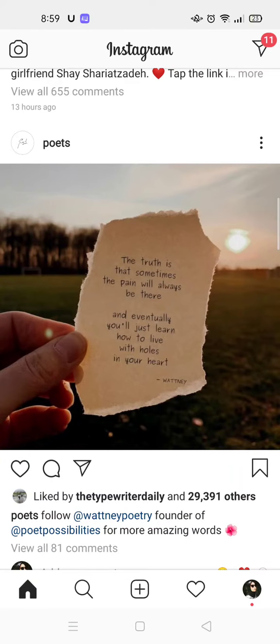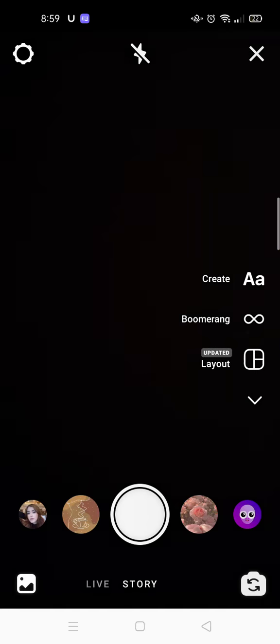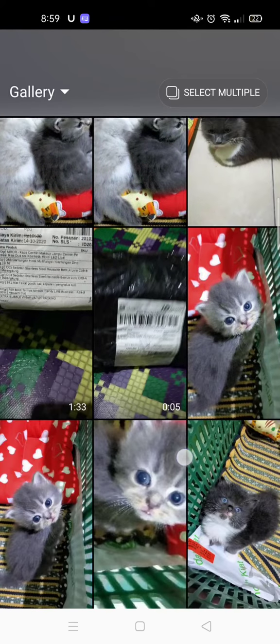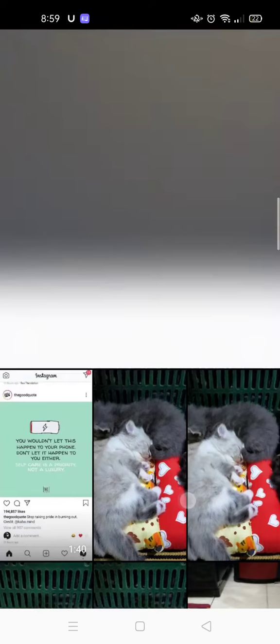On today's tutorial, I'm going to show you how to use the countdown sticker in Instagram story. So I've already opened my Instagram, and then just tap on the camera icon at the top of the screen, or just swipe right to create a story, and click a photo, or you can just click on the